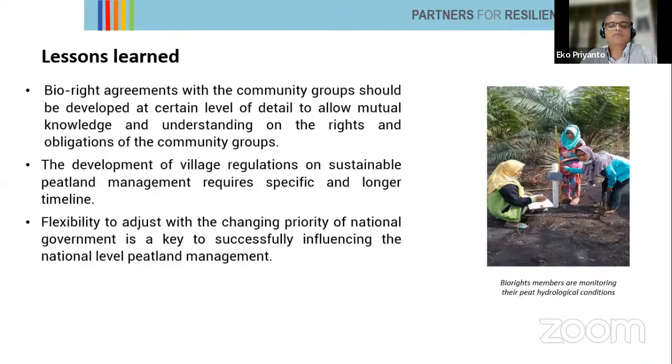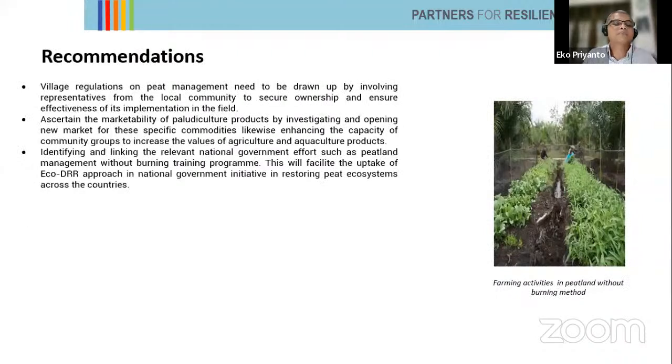Flexibility to adjust to the changing priorities of the national government is key to successfully influencing national-level peatland management. For recommendations, village regulations need to be drawn up by involving representatives from the local community to ensure